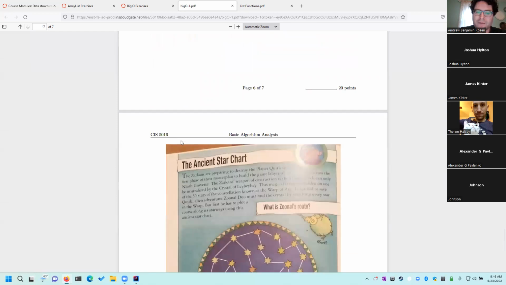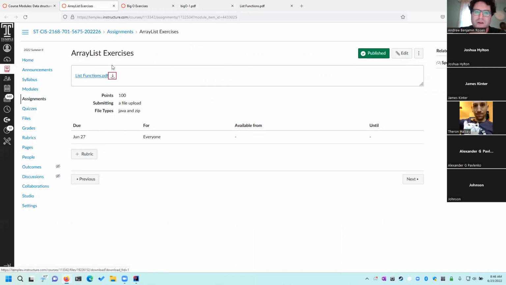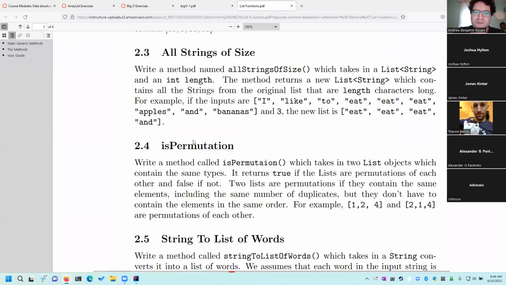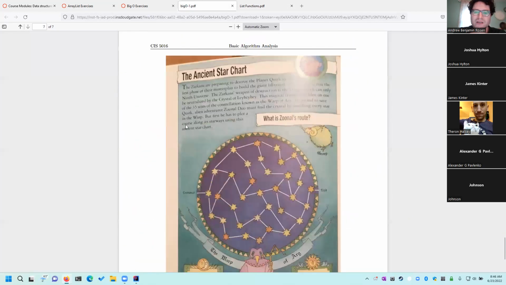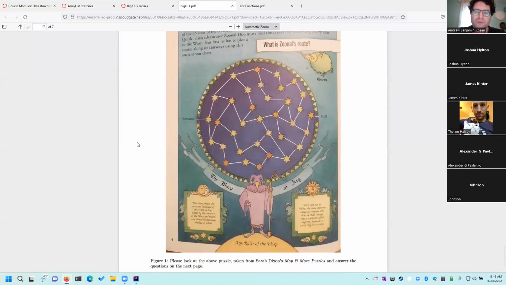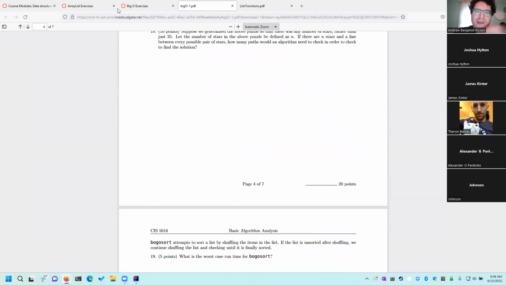Finally, the reason I bring this up is because for lab 2, you create these functions. In lab 3, you're going to analyze what you just wrote. And there's a puzzle for that you're going to analyze there.